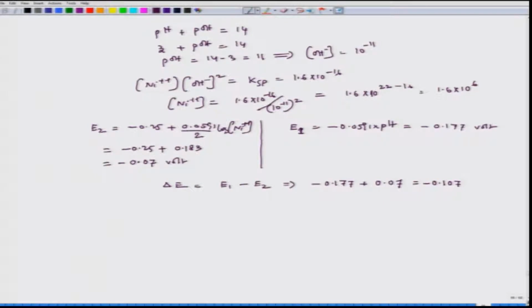So, even at a pH of 3, which is highly acidic, if the other data are just like the way we have considered, still we could see that the del E becomes negative. Del E becomes negative means del G becomes positive. So, then again it becomes non-spontaneous. That means we have to do an entire lot of calculations in order to see whether del G becomes negative or positive. Just like that we can have other calculations,